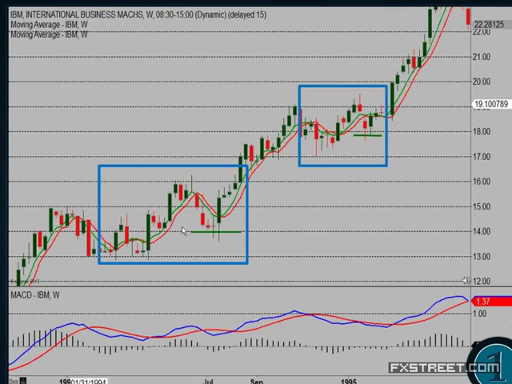Now, why do you think that is? I guarantee people have stops there. I guarantee you here people had stops just below 14. Boom, they got stopped out. I guarantee they had stops just below 18. Boom, they got stopped out. We love that pattern because this is an excellent place to trade, because this is where people are exiting at the exact wrong time. This is why we call this level a risk tolerance threshold level, because this is the risk tolerance threshold point. If you bought IBM here and it went up and it came down, I guarantee you